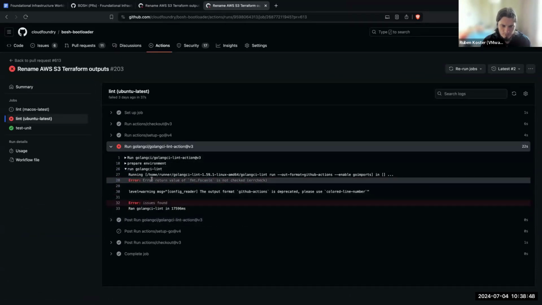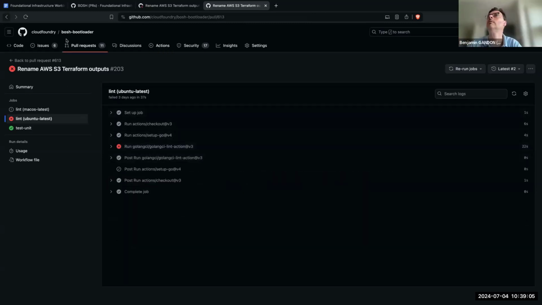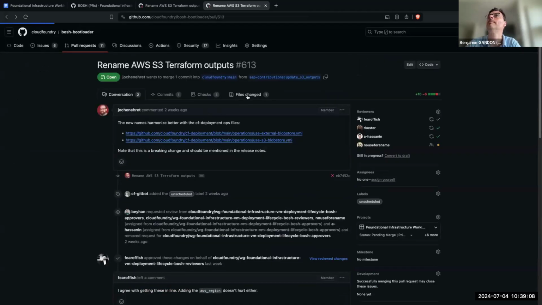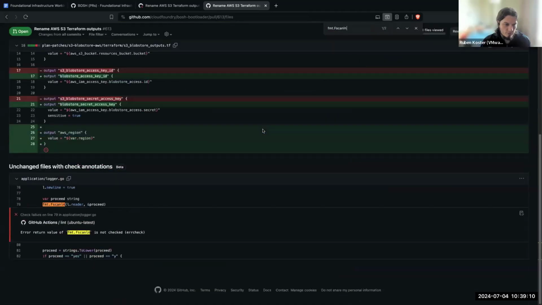But this is not something being changed, right? Yeah, not at all. So it doesn't make sense to. Oh, here it is. Unchanged files with check annotations. Yeah, but that's